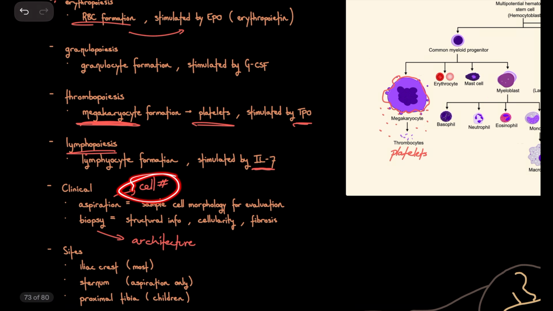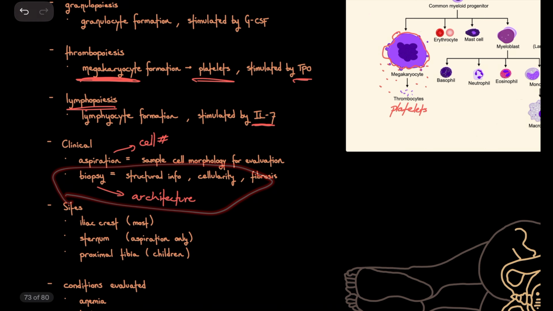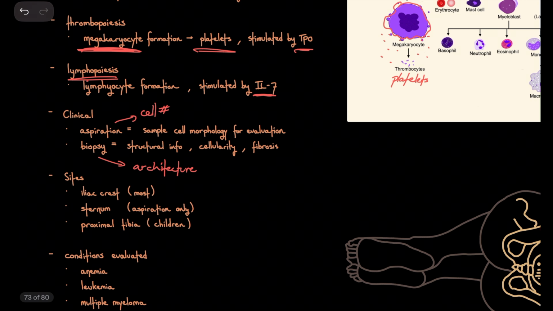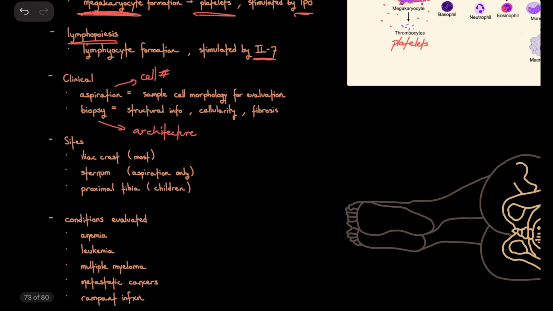So that would be an idea of looking at the cell counts and seeing what we have, and then a biopsy is just looking at the whole picture, and that can give me an idea of the inner workings of the factory, if everything is working correctly or not. So that can be really, really helpful for diseases like anemia, which is red blood cell deficiency, leukemia, white blood cell disorders, and cancers